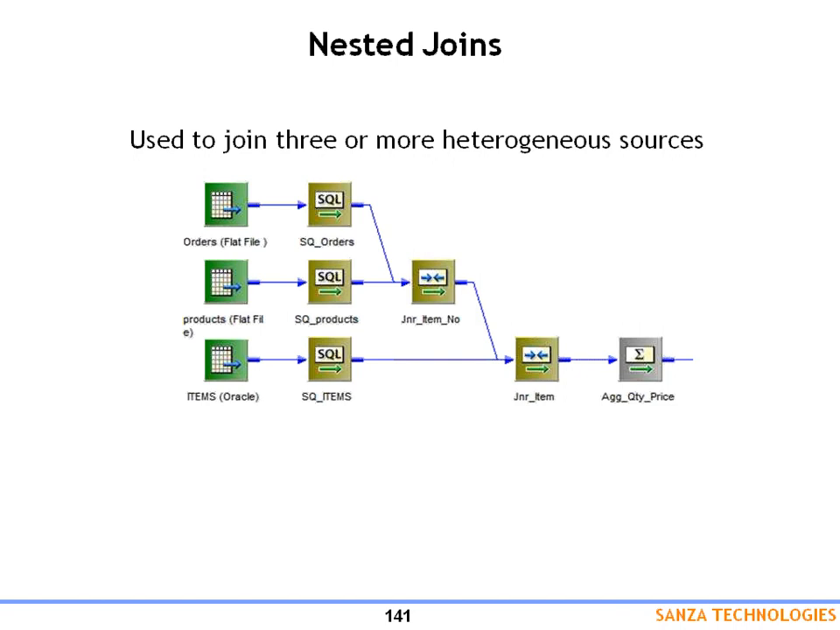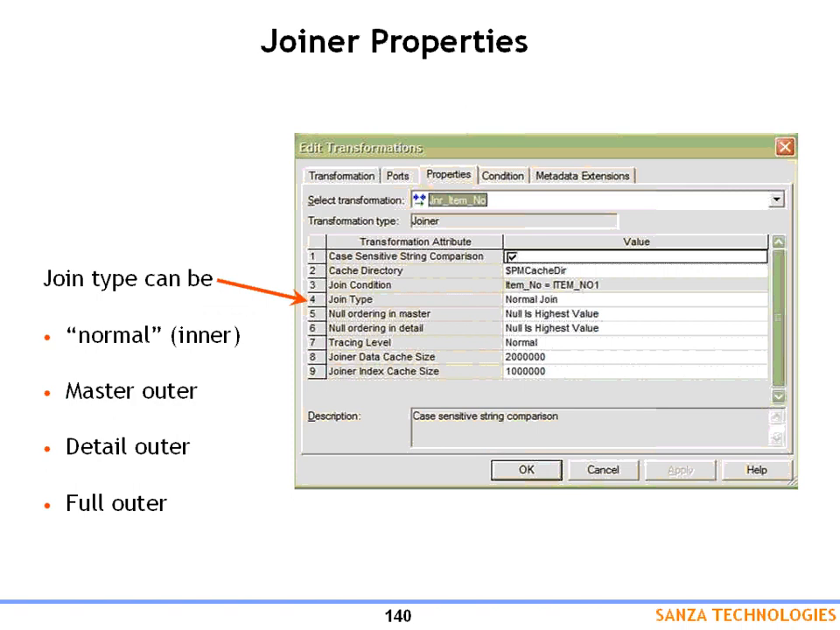And joiner is based on some condition. You will specify the condition and also the join type. Joiner supports normal join, master outer join, detail outer join, and full outer join. Normal join is nothing but equi-join. Remaining other joins we will discuss in the next class. So as of today, it has a join